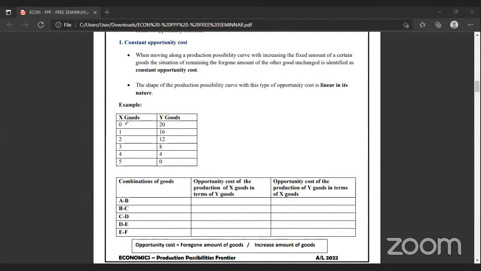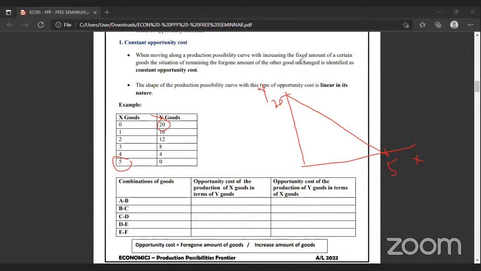Now see that when the economy is producing X and Y, two different goods, these are the two maximum output levels. When you're going to draw this curve, automatically you have to draw the curve like this. So if you are going to put the Y good on the Y axis, X good on the X axis, right? So it will be Y good maximum, how much you're producing? 20. And X good is 5. So likewise, you can focus on.